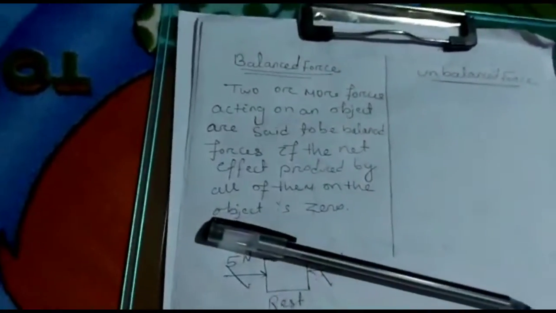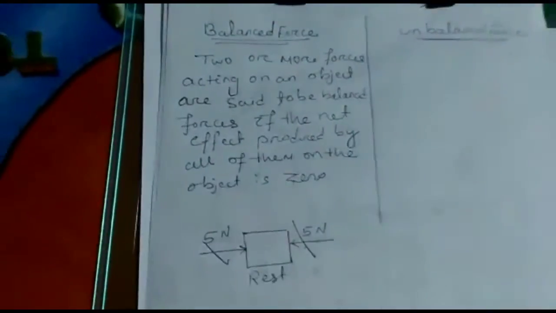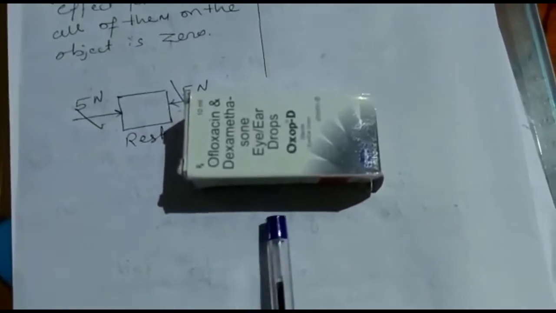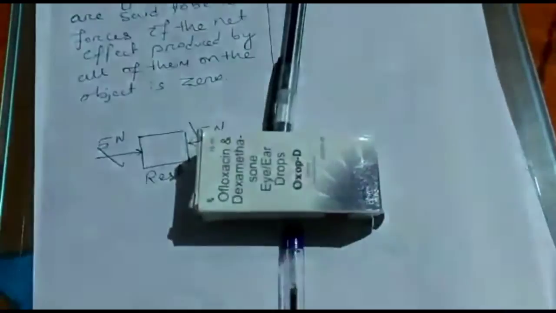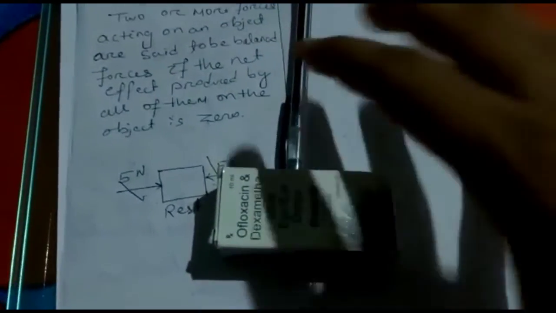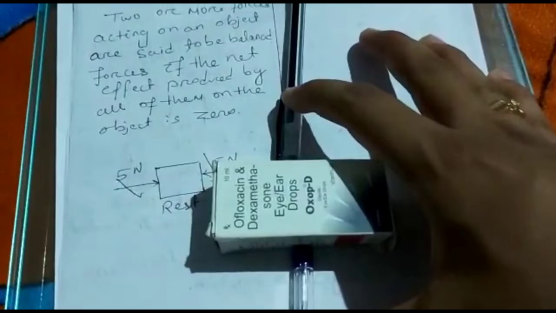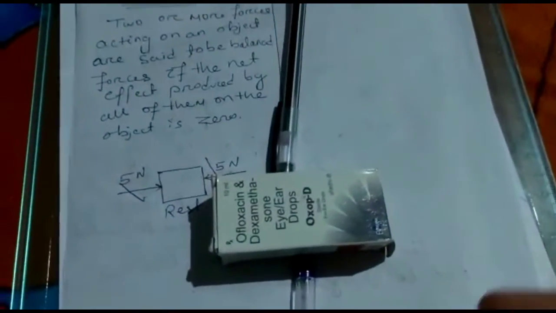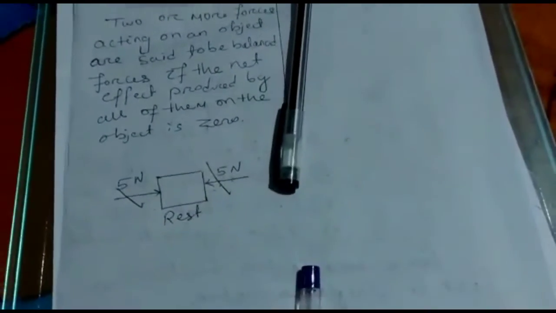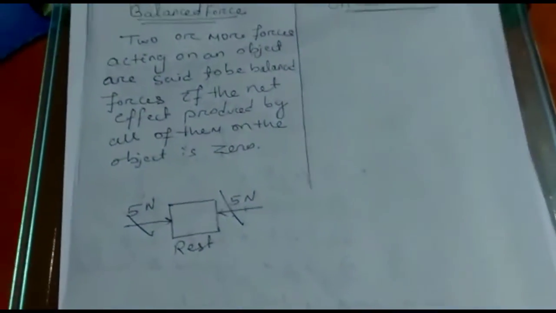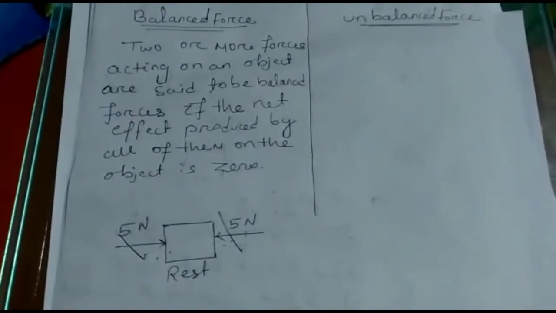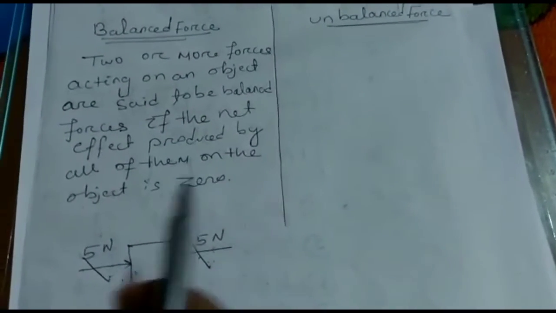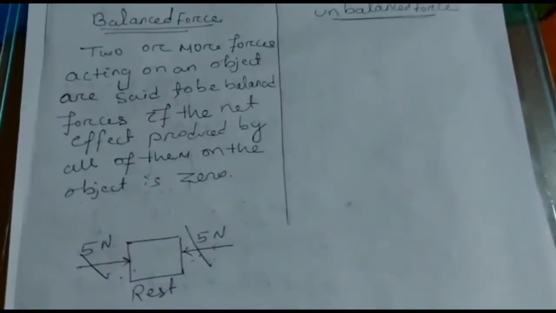Okay, in the same manner you can take the example. Suppose this one is our object. On the object I am applying force in this direction and another body is also applying force in this direction. Both the amount of forces are same. Now suggest, you can see whether the object is moving or not. The object is not moving. The object remains in its position. Like this you can say these forces are known as balanced forces if their effect will cancel with each other and the body will continue its rest position.